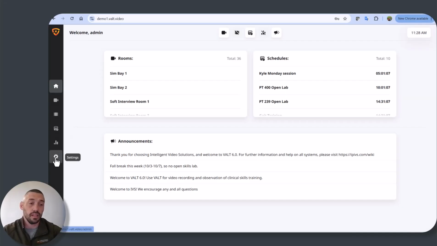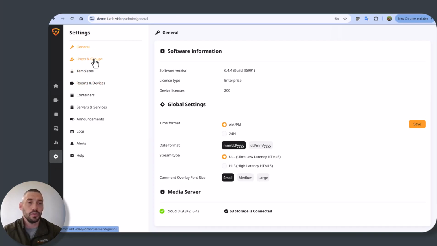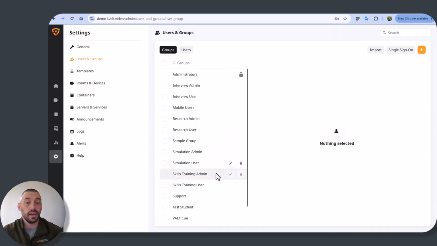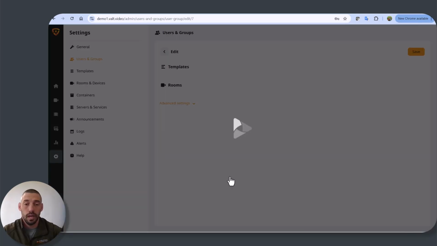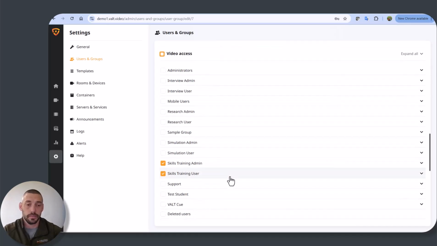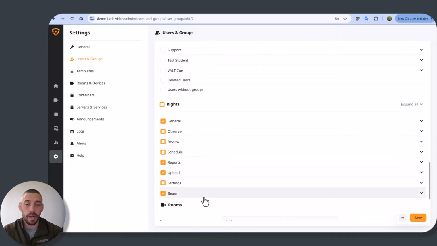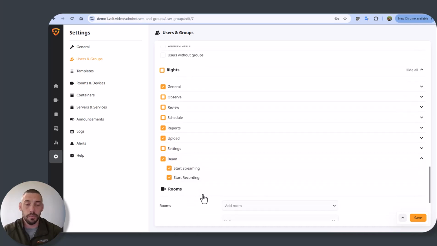To start, we'll go into Settings, Users and Groups, and then select the group we'd like to give these rights to, and then scroll all the way down to Rights. Within Rights, all the way at the bottom, you'll find Beam, and when you open up Beam, you'll find two